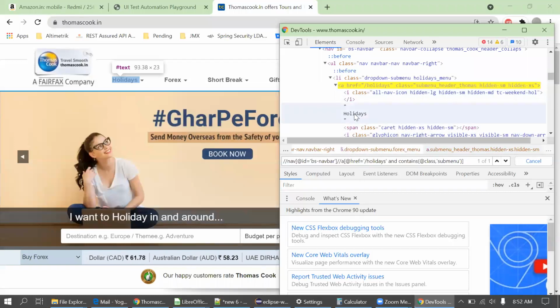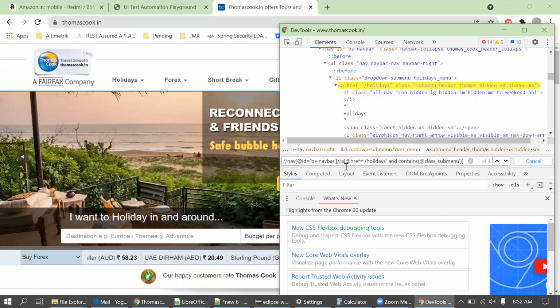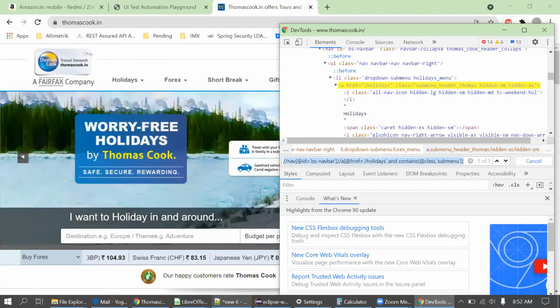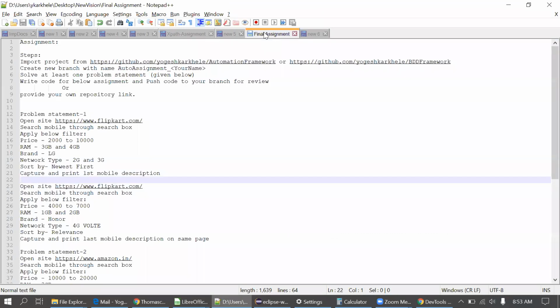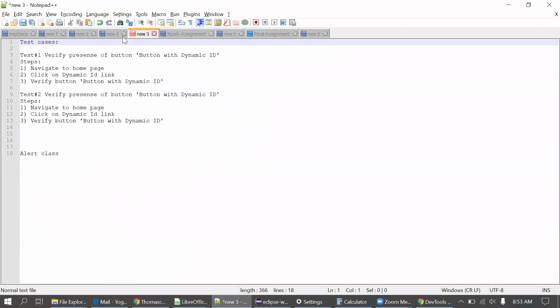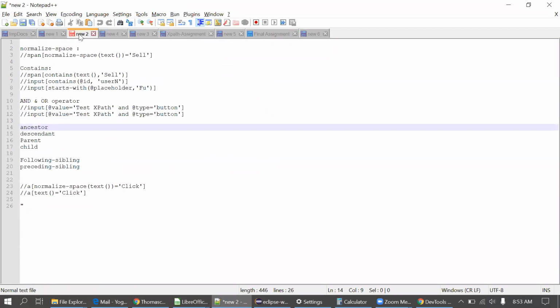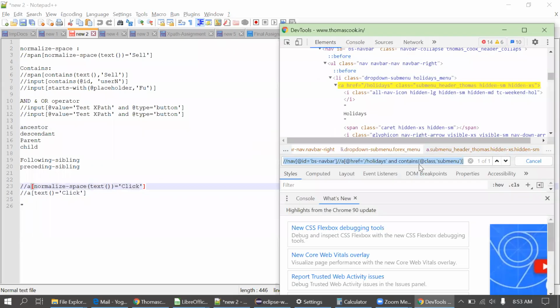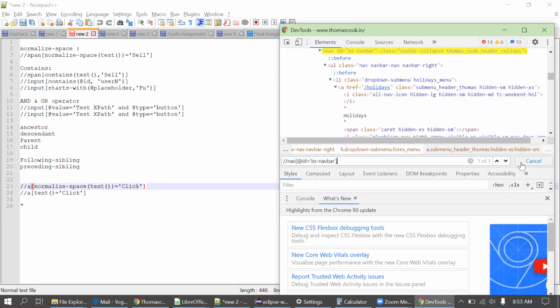I will use this word now, holidays. Okay. I'm looking for the syntax now for normalize-space. Okay, normalize-space syntax is here. Okay, fine. Again, go to here. I will delete this part.